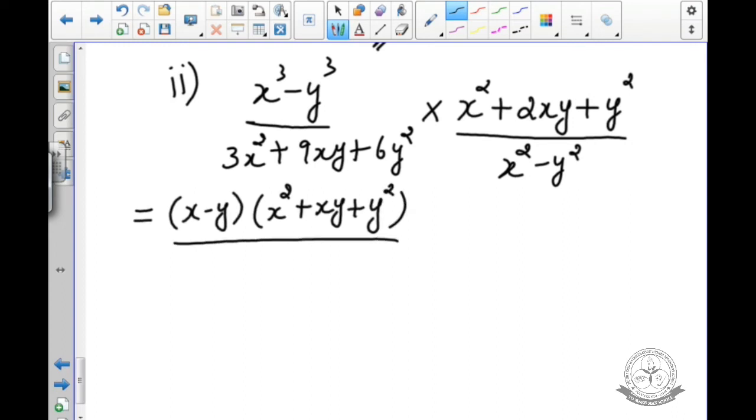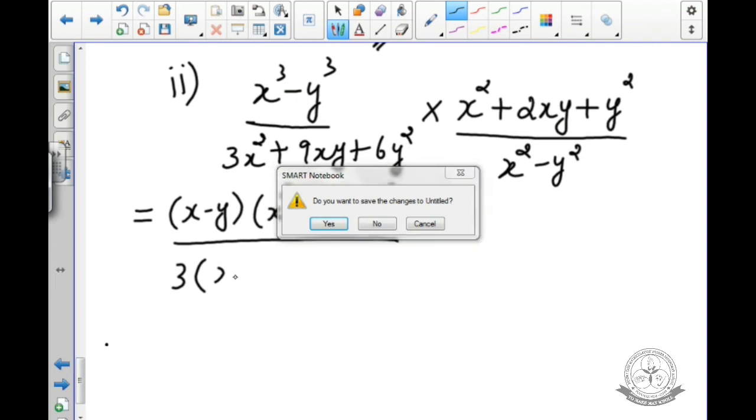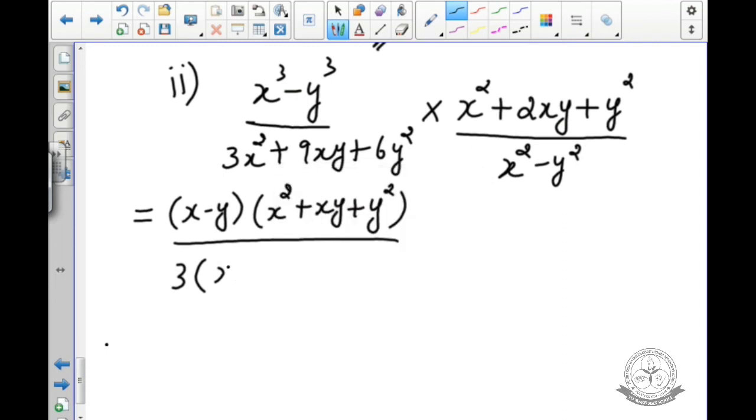Divided by, here you can see we can take out 3, isn't it? These are all multiples of 3. So if we take out this 3, then x square plus 3xy plus 2y square, right, into, here also x square plus 2xy